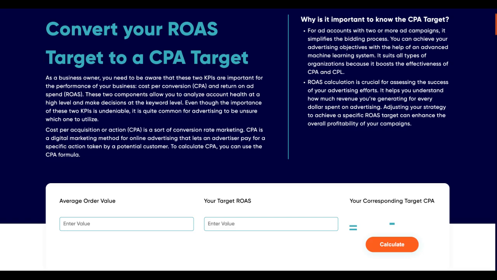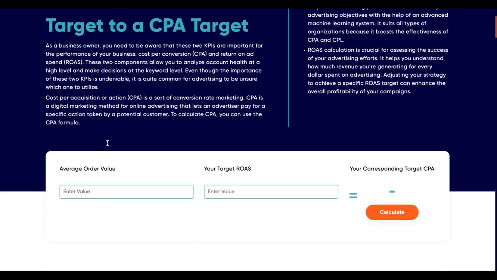Conversion can be attributed depending upon your marketing goals, which could be a phone call, a simple subscription, a lead form fill up, or maybe as simple as clicking onto your website. So depending on your marketing objectives, there are multiple attributes for conversion. Once you have defined your conversion and the parameters to determine what is actually considered your customer, you can compute your cost per acquisition more effectively. Cost per acquisition, like I said, is calculated by dividing your total ad spend by the number of conversions you get.